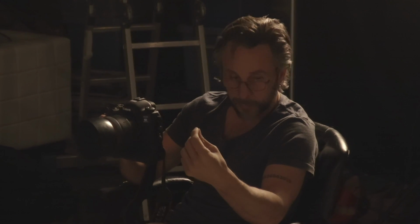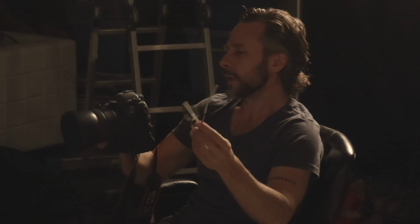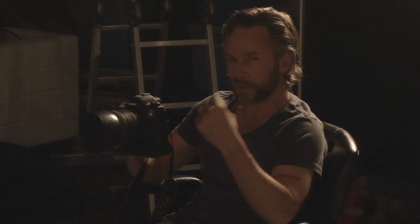I challenged its Dual Pixel RAW sharpening capabilities by shooting the ballet. Obviously a lot of movement in that. The fashion also had quite a bit of movement in it. The whole shoot wasn't designed to make me look good, it was designed to challenge the capabilities of this camera. We will have a follow-up interview once I have processed some images and see how far the capabilities of Dual